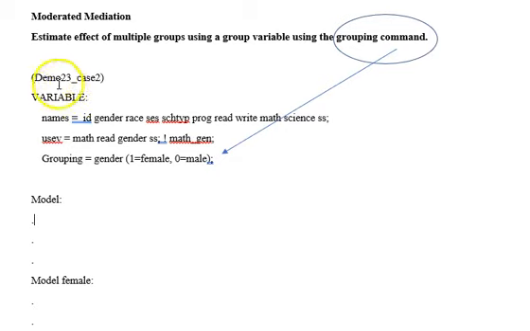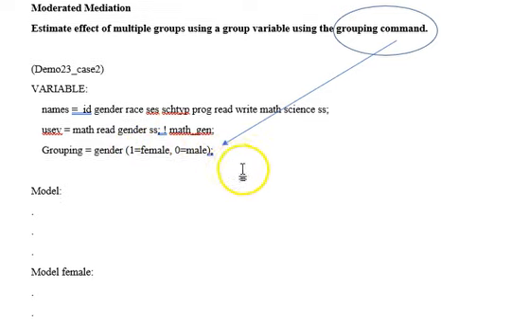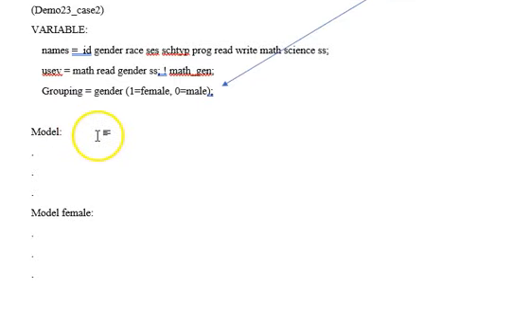So in the grouping command, which we'll be showing in demo 23 case 2, you read in your variables, and then you have this command here where you identify groups that you want Mplus to analyze separately. So you're telling it grouping equals, okay, use the variable called gender. And when the value is 1, we're going to call it female, and when the value is 0, we're going to call it male. So then you can use your model statement and define your model, which we will do,